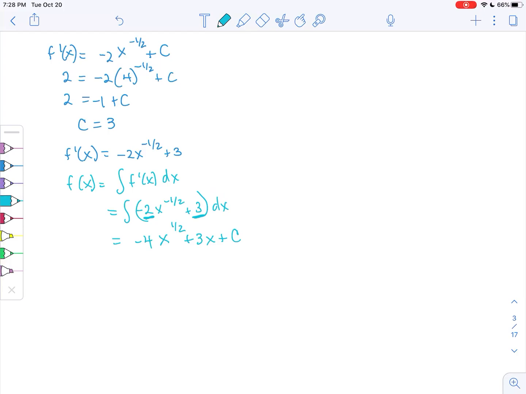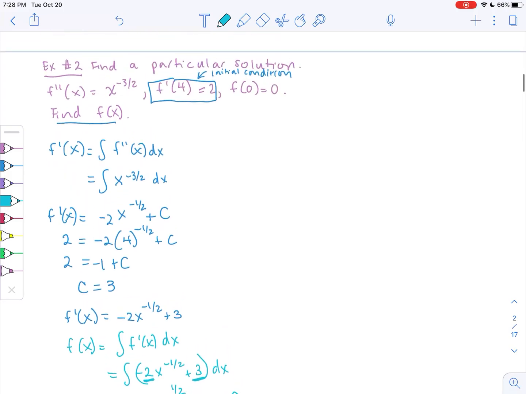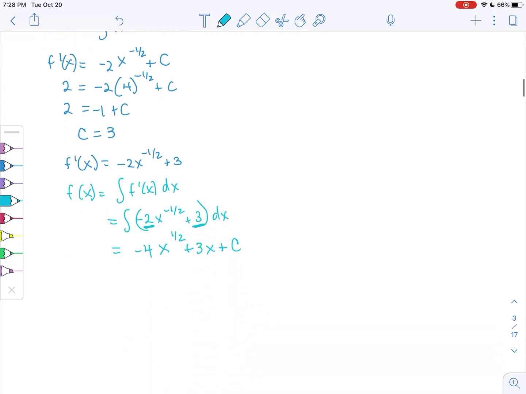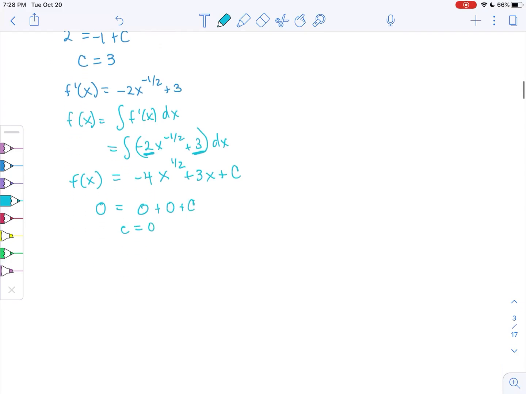And then don't forget, this gives me a general solution where the plus c represents the whole family of functions. Now I go back, and here is my other initial condition, f of 0 is 0. So I go back and plug 0 in. This is what f of x is currently. I plug 0 in for y and plug 0 in for x. So I get that c is 0. So my final answer, the particular solution for f of x, happens to be -4x